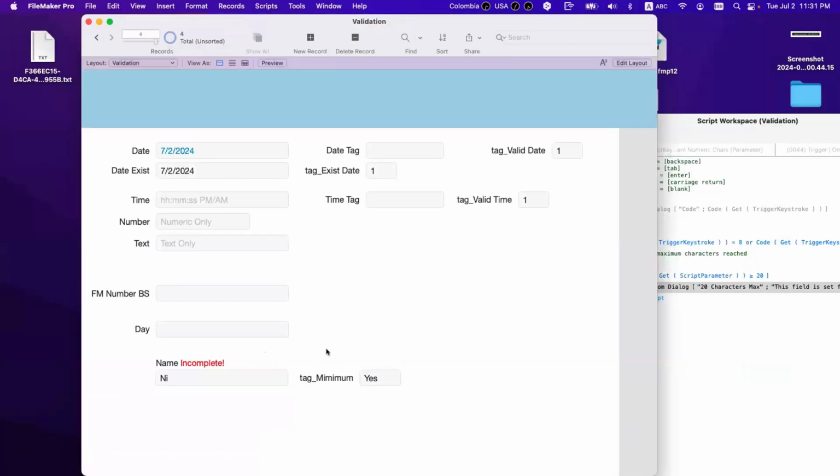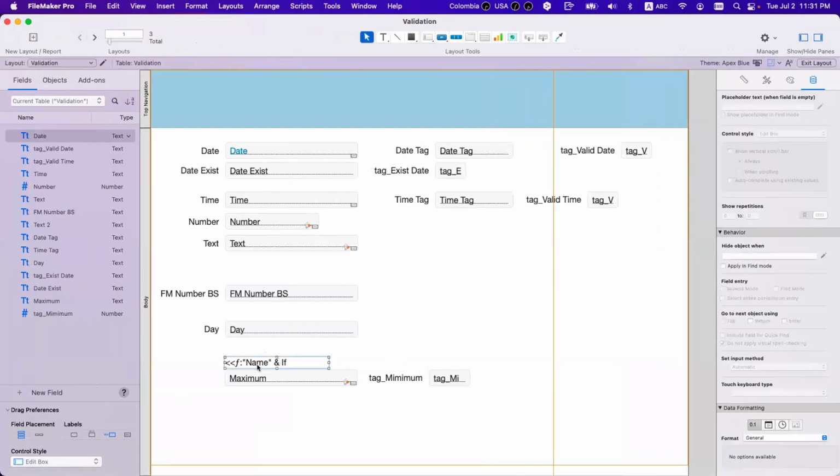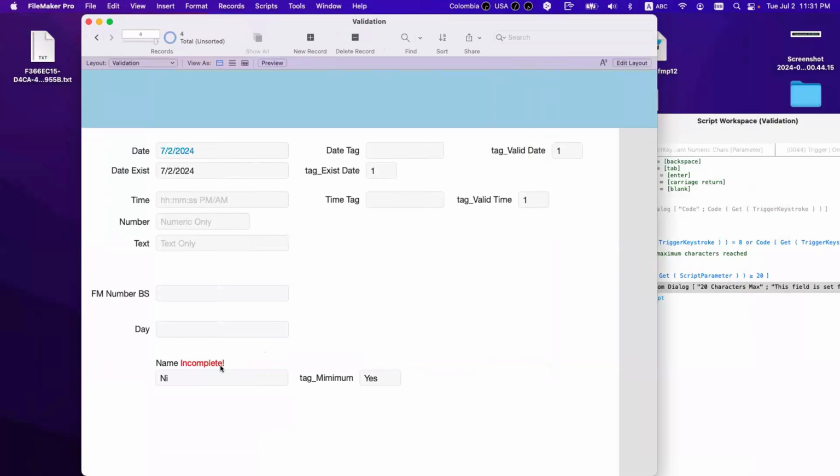This is for this record only, and the layout calculation is at the record level. If I go to another one, if I say NICK, I don't have any problem. And this one I have, this one doesn't. So it's at the record level. Other questions? Yes.